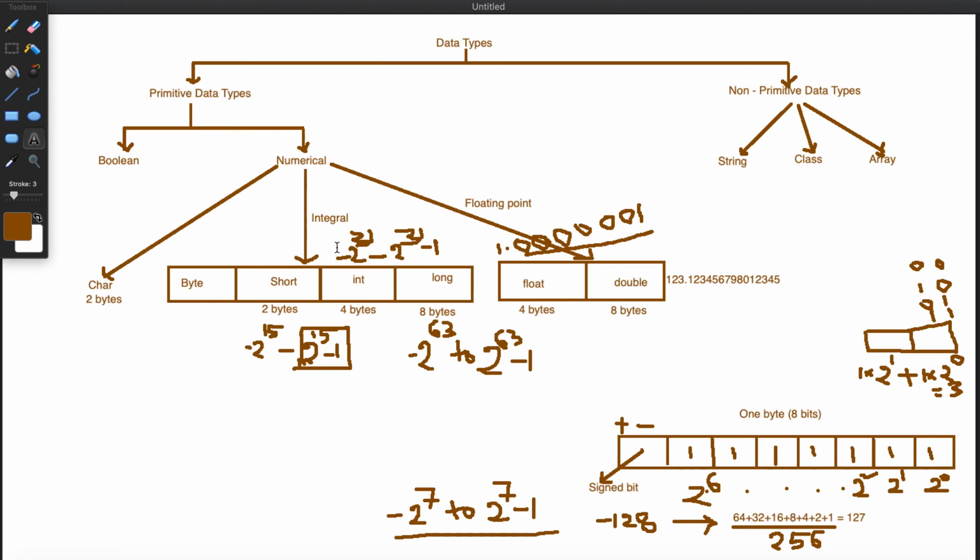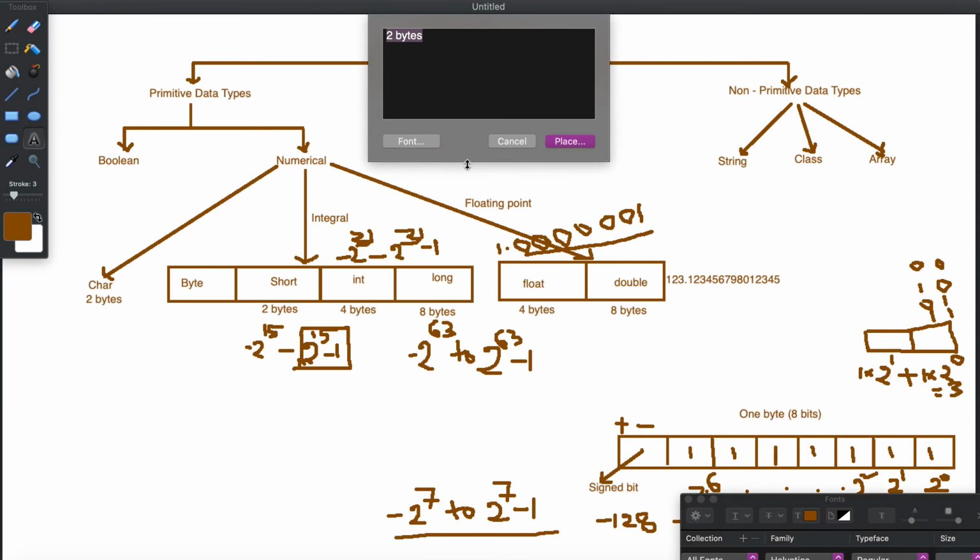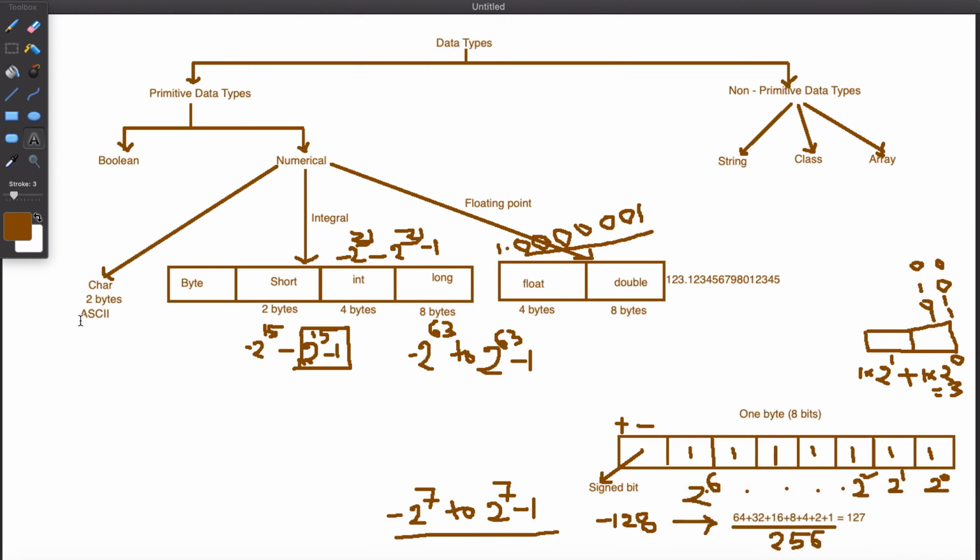Sometimes in an interview you might face this question. In C, we have only ASCII characters. It is American Standard Code for Information Interchange, ASCII. How many characters do we have in ASCII? Total 255.